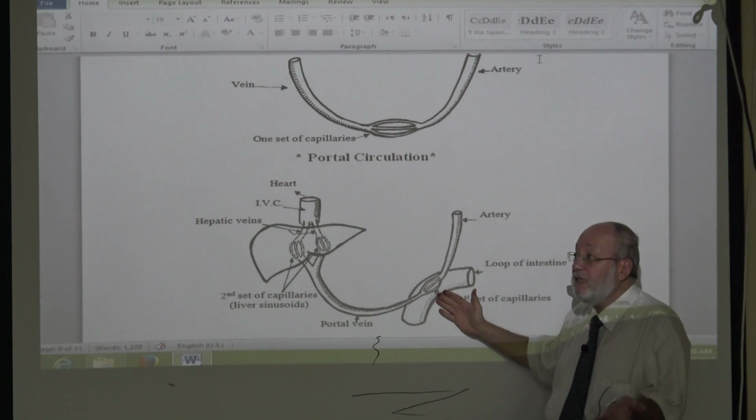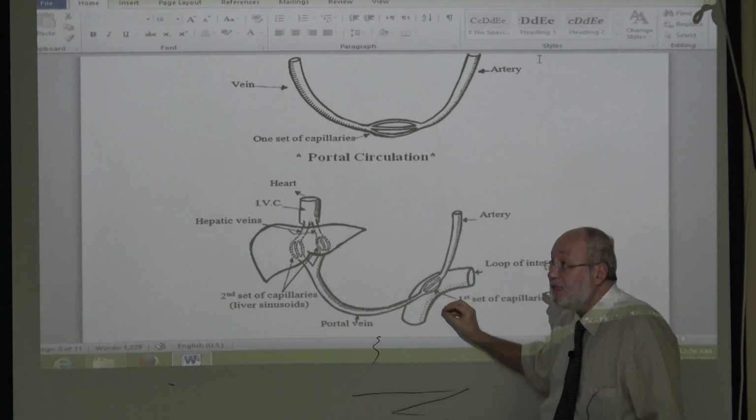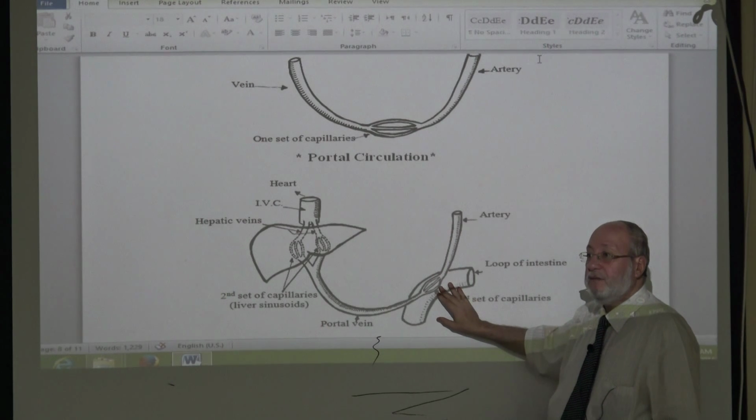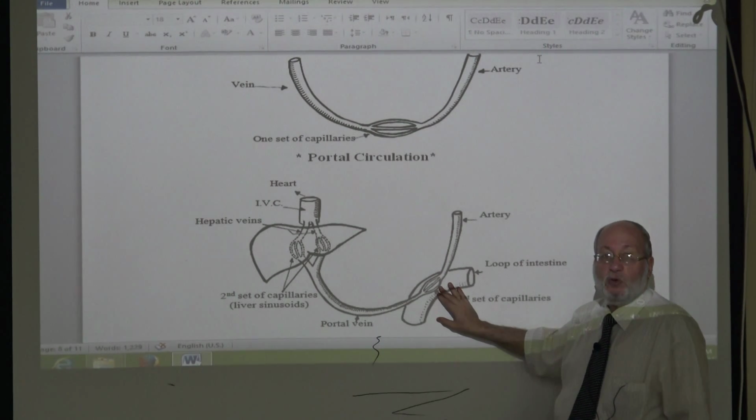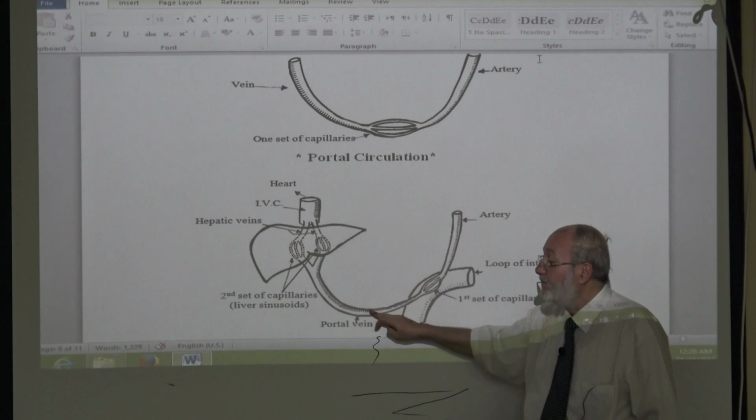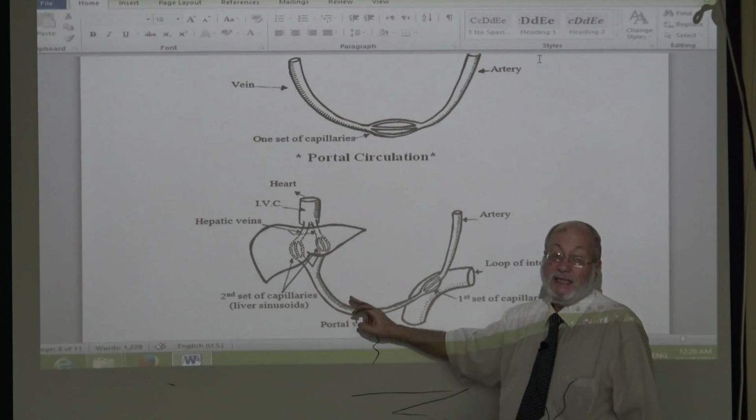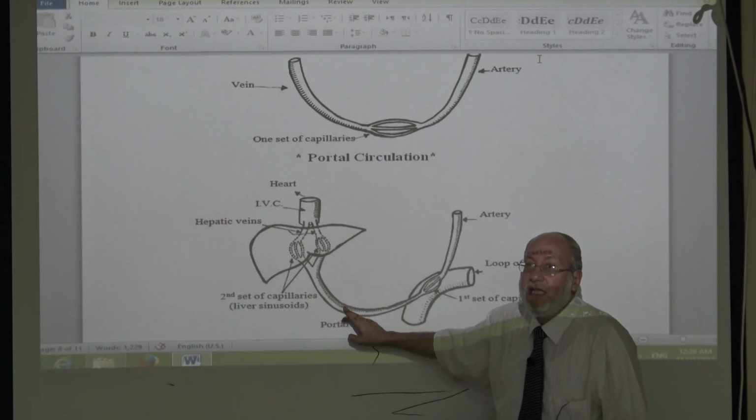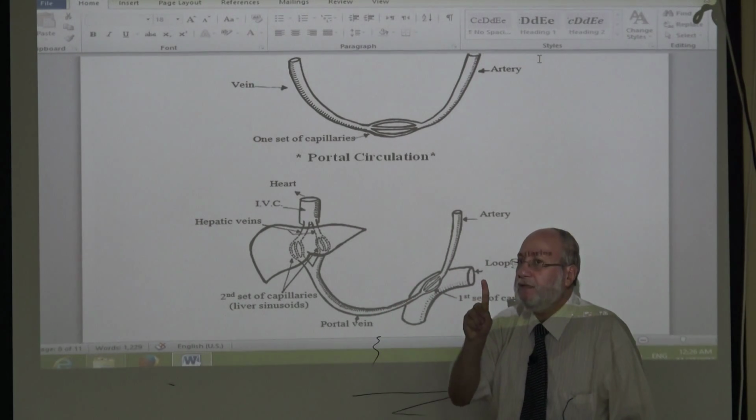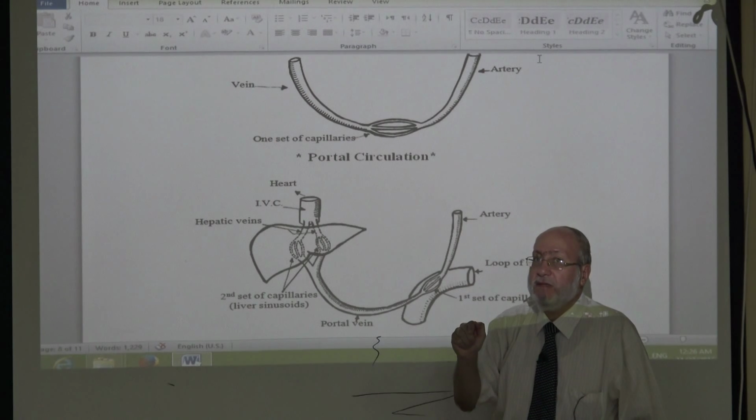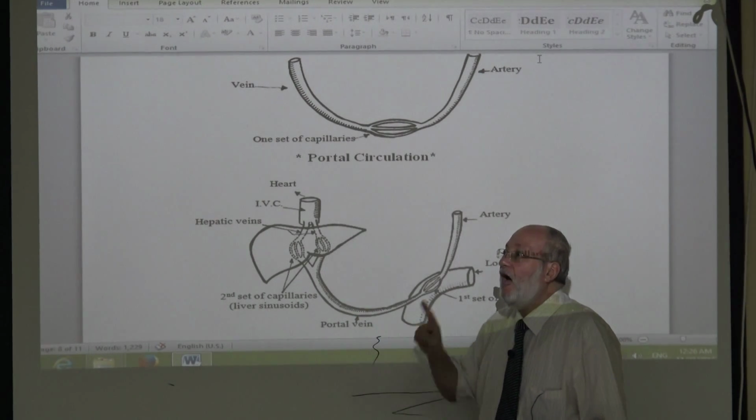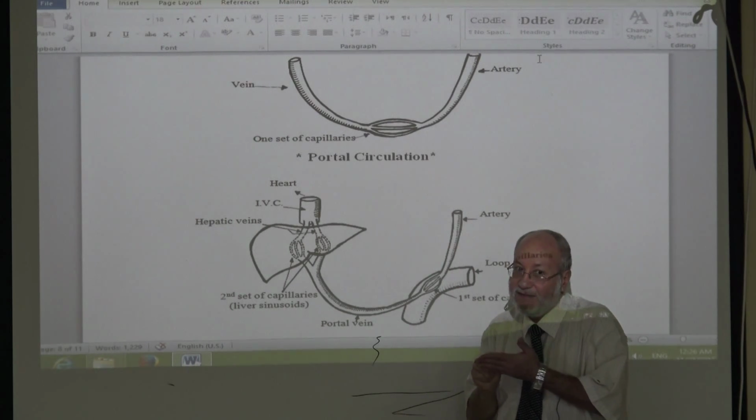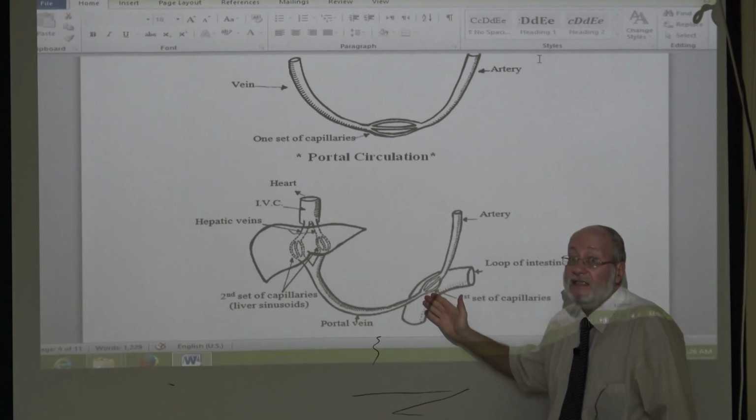Therefore, an organ like the intestine takes only 50%, half of the oxygen supply, and the other half goes where? To the portal vein. Therefore, the blood in the portal vein is incompletely deoxygenated. It carries a high amount of oxygen, plus the venous return